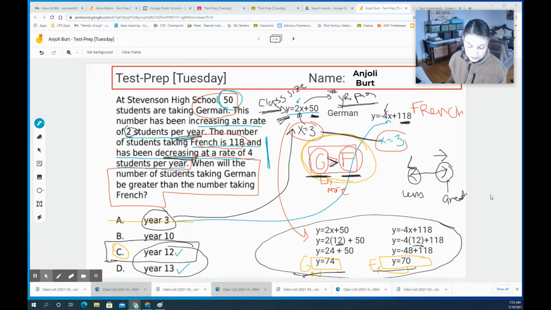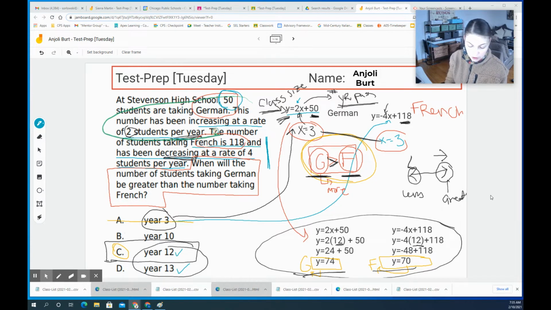This number has been increasing at a rate of 2 students per year. The number of students taking French is 118 and has been decreasing at a rate of 4 students per year. When will the number of students taking German be greater than the number of students taking French? Right, that's the question. So when we look at this, initially we thought of this as a linear equation, and